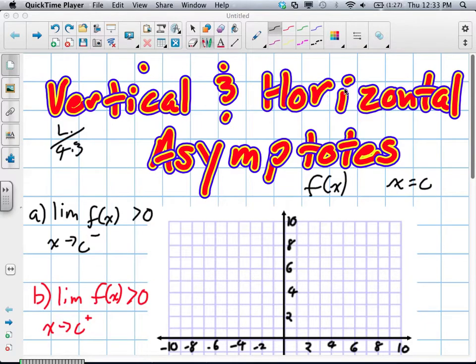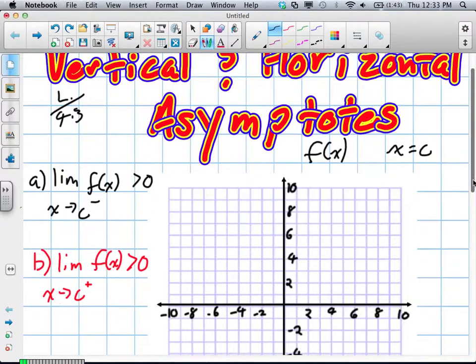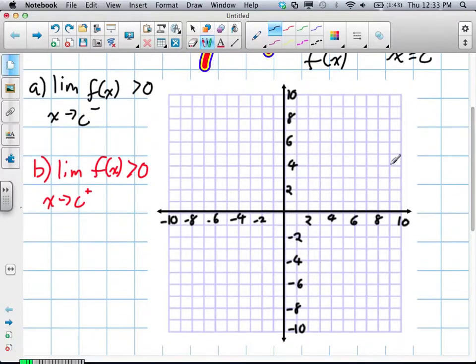Okay, so we're going to talk about vertical and horizontal asymptotes. The first thing we're going to discuss is just a little bit of theory behind it. A vertical asymptote is essentially where, if we have some graph, it will not touch an imaginary line running through